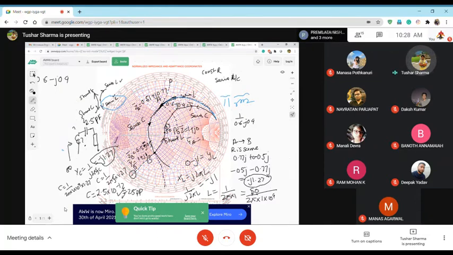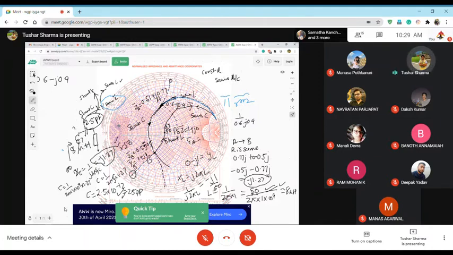In this case it was Z, right? This was Z, so Z will be multiplied by 50, so C will be 1 over 2 pi f into 50. In this case it's Y है, तो what you will do, you will divide by 50. So technically जो तुम्हारा minus J1 है, this will be divided by 50. So total inductance will be 50 over this, जो भी value आएगा. This will come around 8 nanohenries. So that's how you will know what is the value of cap and what is the value of inductor.